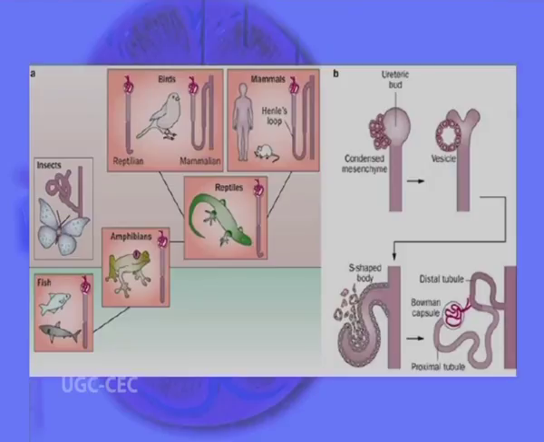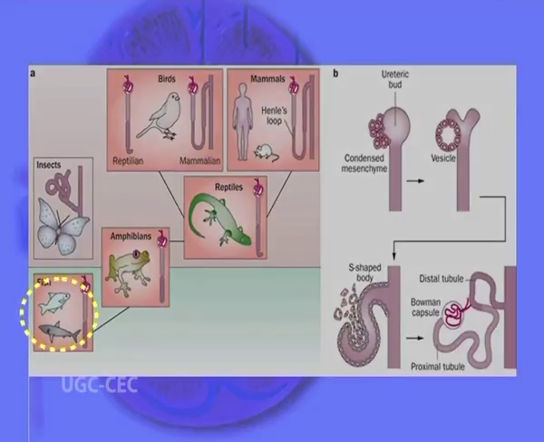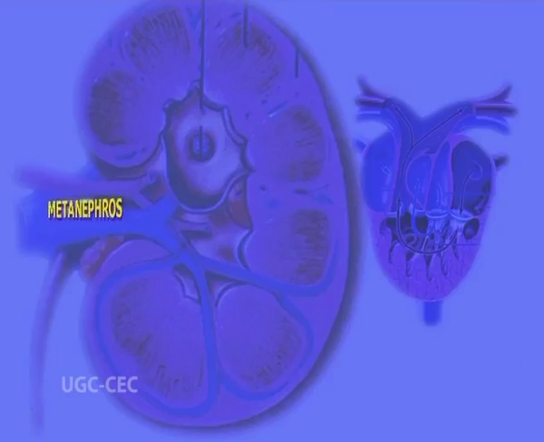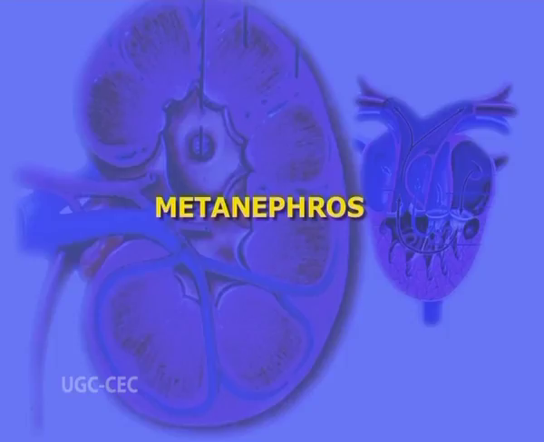Nephrostomes disappear in most of the higher elasmobranchs, teleosts and amphibians. In sharks and urodeles, the mesonephros is an elongated kidney that extends up to the posterior end of the body and hence is also called opisthonephros. Now, let us talk about the metanephros.